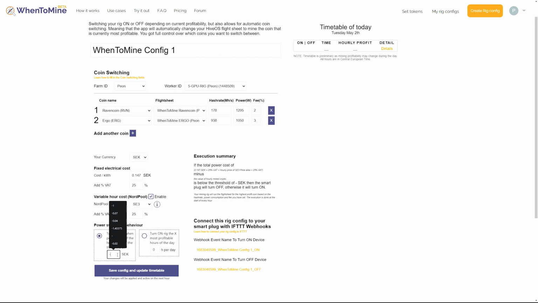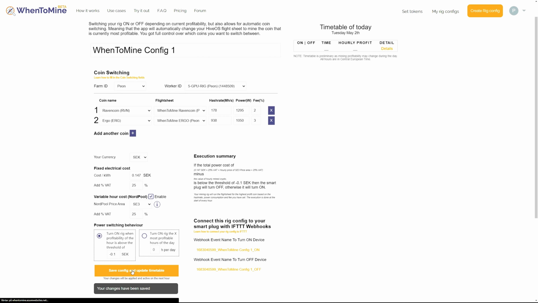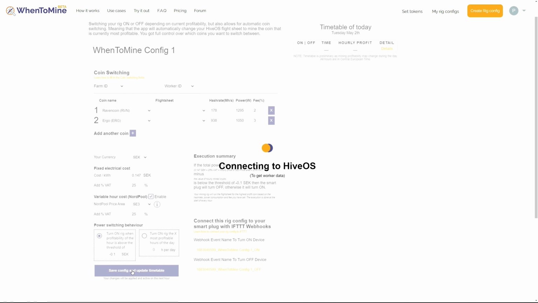I want to run my rig whenever the hourly profitability is above minus 0.1 Swedish krona. Earlier I said minus 0.1 US dollars, but I changed my mind. Now I save the config by clicking the Save App and Timetable button. The config is now saved, and now the app will evaluate the data I have added to the config, and